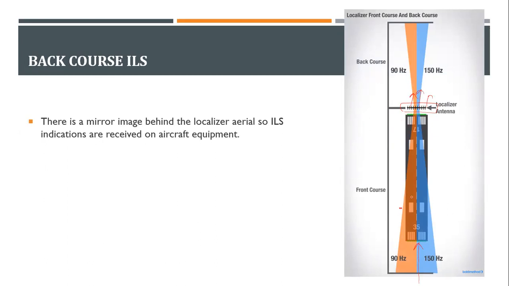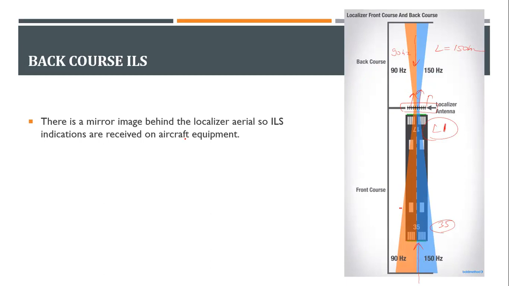So by chance, today you were not going for runway 35, you were coming in for landing to runway 17. What happens to 17? You are making an approach. Now concentrate here carefully. I'm making an approach from this side. Now to the left, I have 150 hertz, and to the right, I have 90 hertz. So I will have something called reverse sensing.